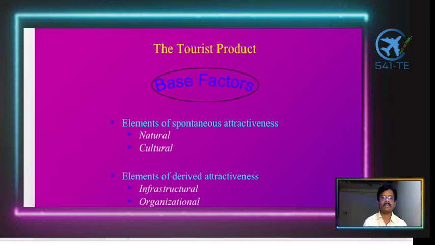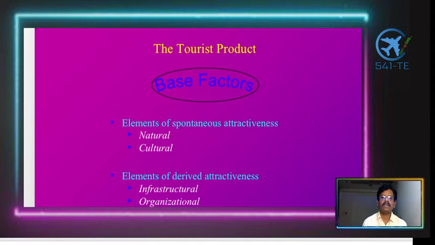spontaneous attractions? The base factors under this segment are elements of spontaneous attractions like nature, culture, heritage, and so on. Then elements of derived attractions are completely different from infrastructure, organizational and man-made. Nature-made is spontaneous, and elements of derived attractions are man-made, like ports